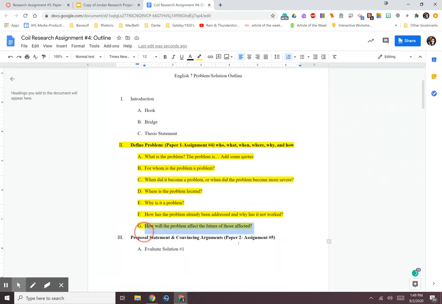You do not need to go down here where it says assignment number 2 yet. We have not gotten here. Okay, I'm going to fix these numbers though because they are incorrect. So this is assignment 5. This is assignment 6. Okay, so what you're going to do is just focus on this stuff for paper 1, assignment number 5. Okay, and then you are going to take this, and if I open up a new document,